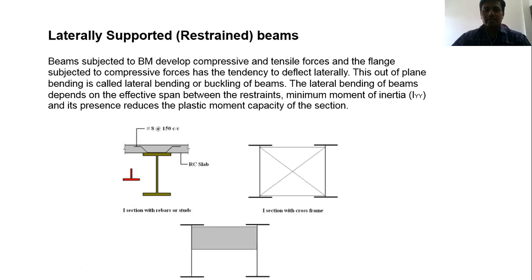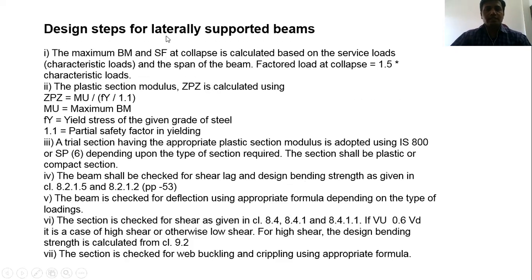The third example you can see here at the bottom: two I-beams connected by a member. Again, it is an example of a laterally supported beam. So it is not necessary that the top flange and bottom flange are attached to some other member. The web can also be attached to some members. It is also called a laterally supported beam.